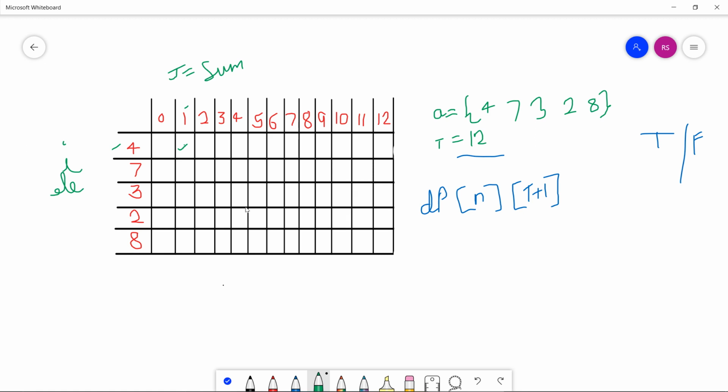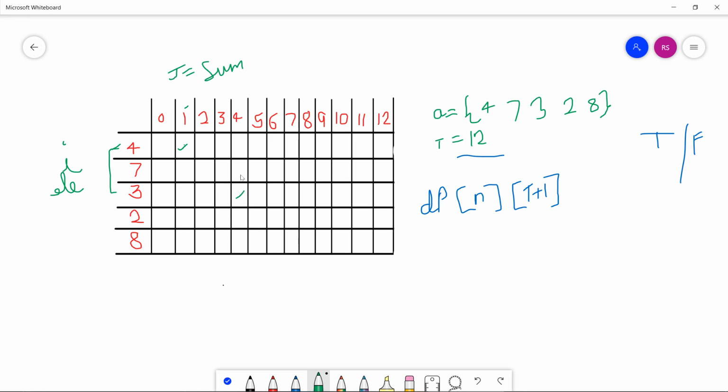Let's suppose this block represents the elements 4 7 3, because this element is in the third row, second index. So we will take 3 elements here, 4 7 3.